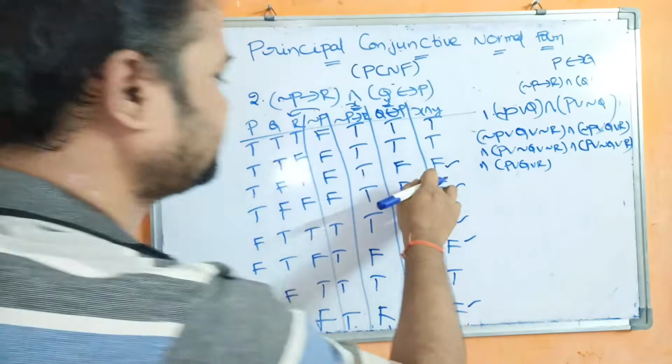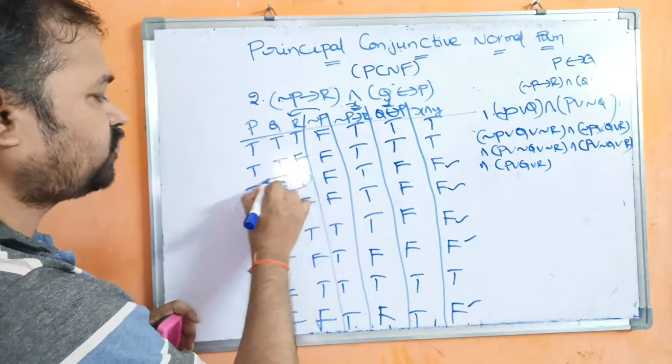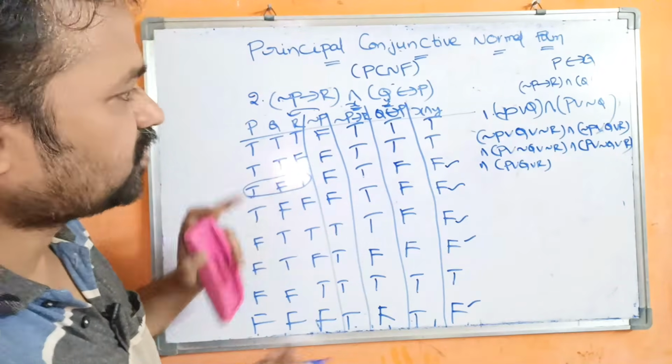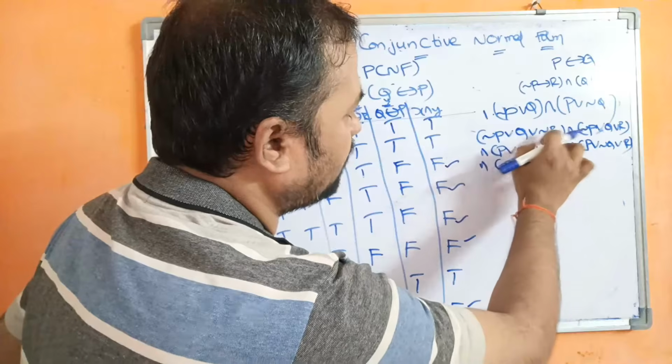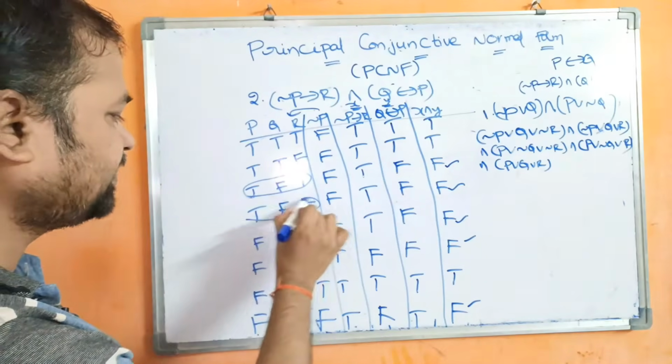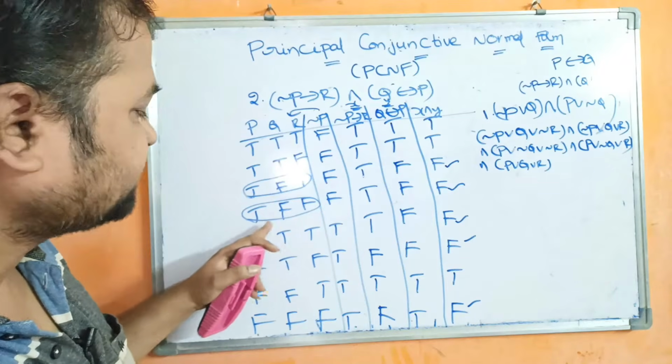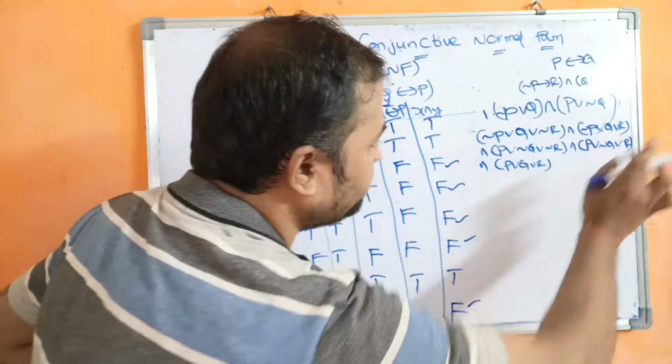Okay. So this is the first false. So true false true means they will be changed to false false true false. So negation P or Q or negation R. So this is the next combination. So true false false will be changed to false true true. So negation P Q R R. Negation P Q R R.